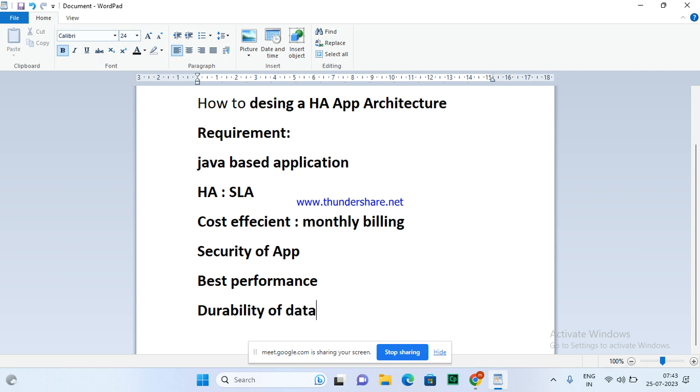They want durability of the data, data protection. So this kind of thing is the requirement.